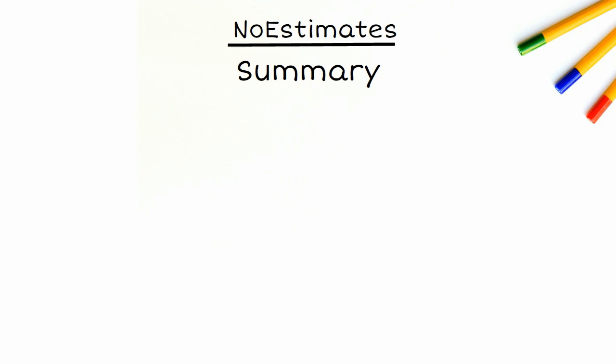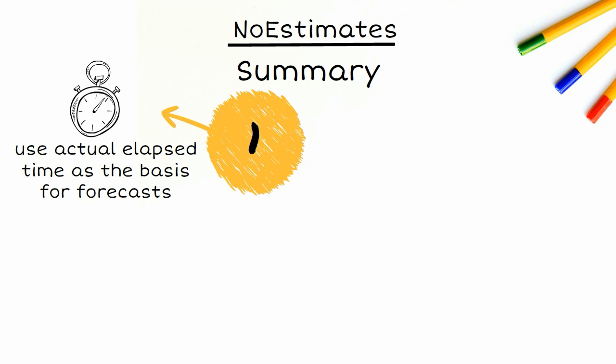So in summary, number 1, when forecasting, it is better if we use actual elapsed time as the basis of our forecasts. This takes into account distractions and the myriad of other elements that make up a normal working day. Using perfect pair days, for example, is not really a help for forecasting, even if your estimates are accurate, which they rarely are. Whilst it may be reflective of how long was spent on a task, it is not reflective of how long it took to complete the task, and that difference is crucial.